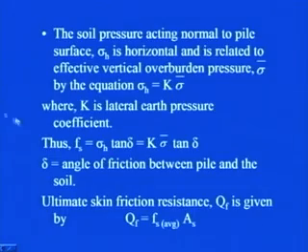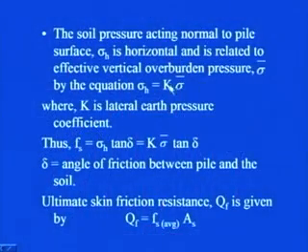I hope you remember that when we were discussing lateral earth pressure theories, we discussed how you can find out the horizontal stress corresponding to the vertical stress at any particular depth z. So, that is exactly what we are doing here, where k is the lateral earth pressure coefficient. You simply multiply this k by the effective vertical overburden pressure and you will get this horizontal soil pressure acting at that particular depth.